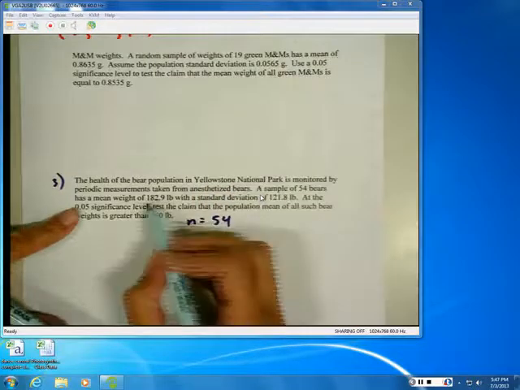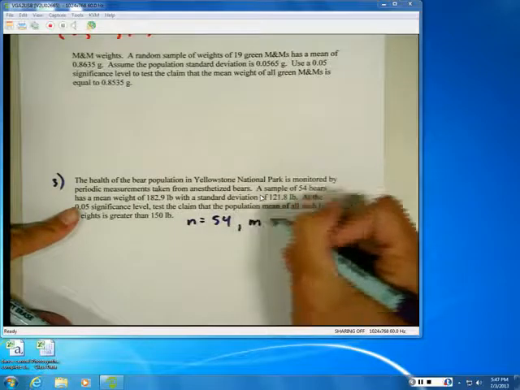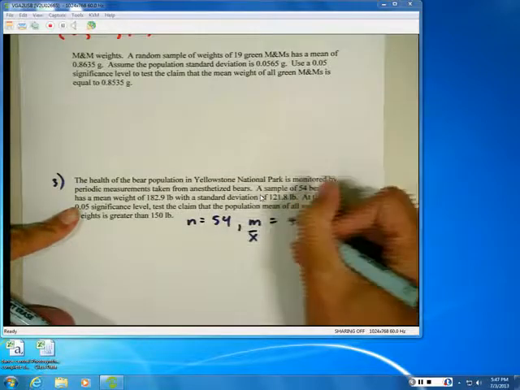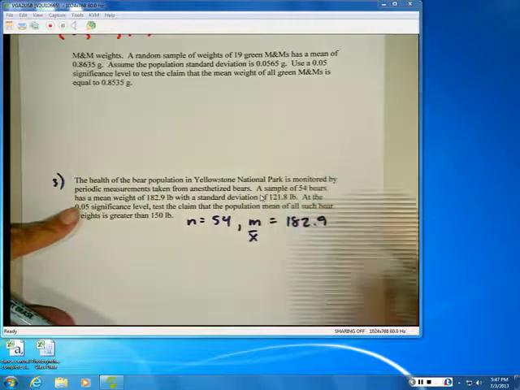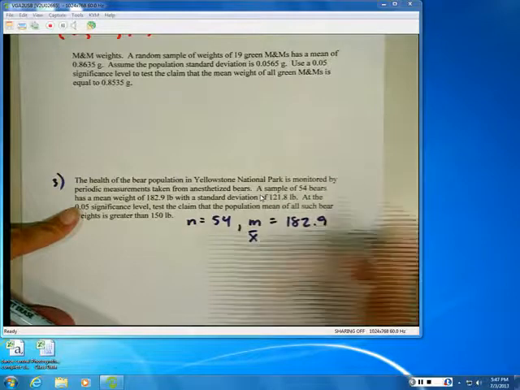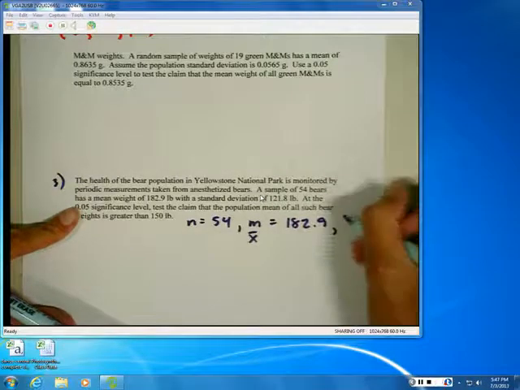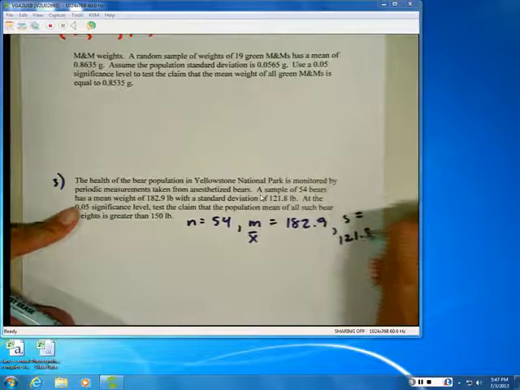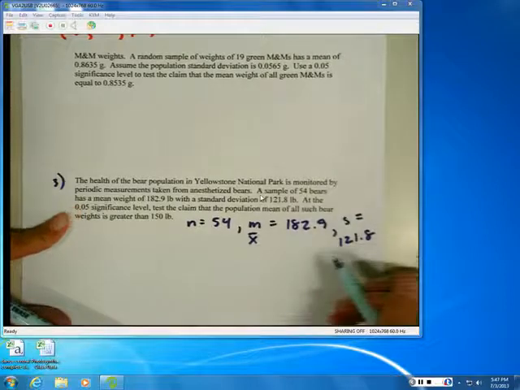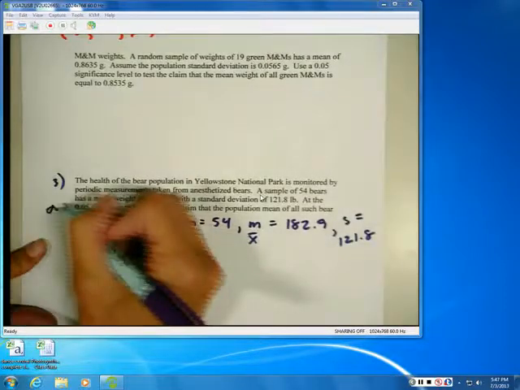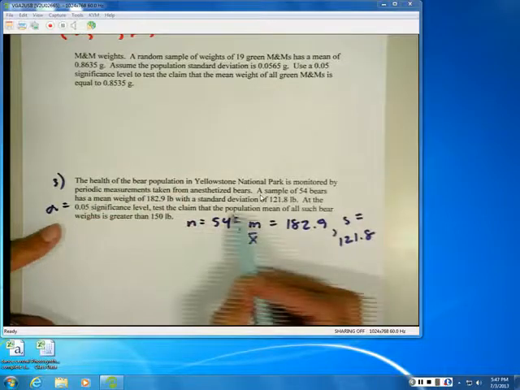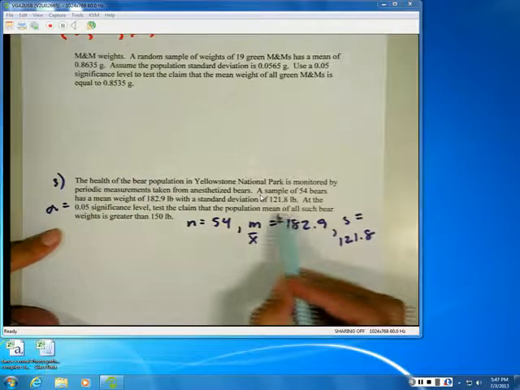This is my sample, so that must be M, or X bar, same thing, 182.9 with a standard deviation, so that would be S, of 121.8. At the 0.05 significance level, so this is alpha,